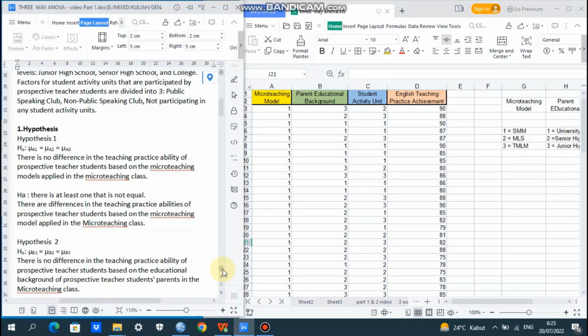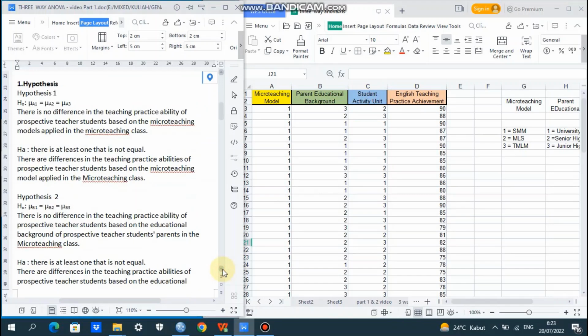Let's go to hypothesis 2. Here, H0 is mu B1 equal to mu B2 equal to mu B3.